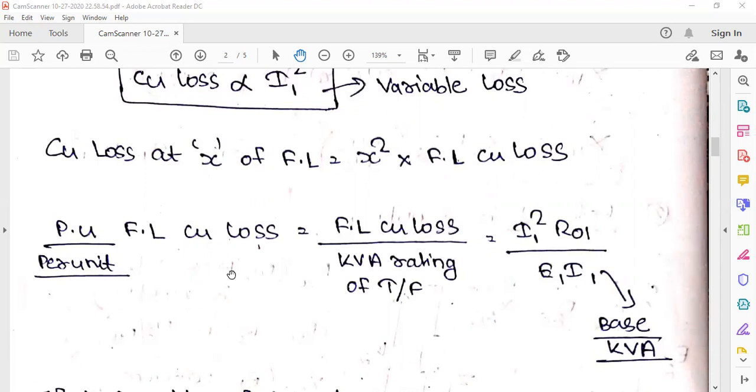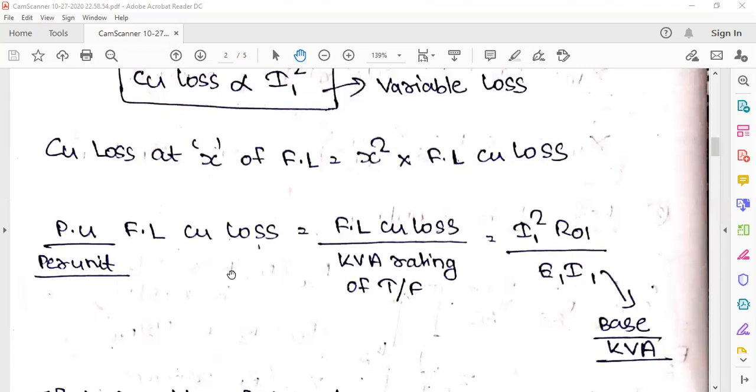So in order to avoid that, we use another system, what we call the per unit system. So it will be the actual value. If in a particular system we have generator, motor, transformer, everything, they will be having different kVA rating and different voltage rating also. So then we take one value as the base value. Maybe you take 100 kVA as the base value, and then we have the actual value.